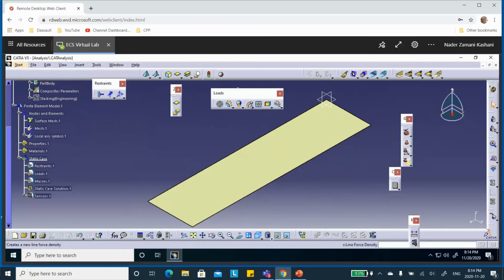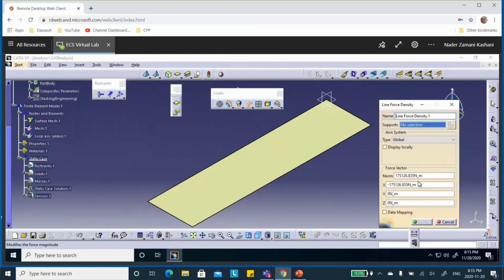What I'm going to do is this is force density, which is force per inch. So you click on it, and again, I'm going to pretend that you didn't see these numbers. The first time that you do it, you get this. So you select the edge, and you have to put down here in the direction X 1,000 pound per inch. So I say 1,000 LBF